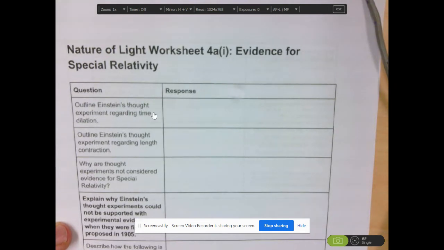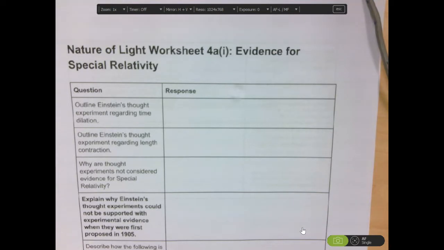Welcome. In today's lesson, you're going to be set research on evidence for special relativity. As part of the lesson, you're going to fill out this document that you'll find at the bottom of the classroom. Just quickly to run you through what you're going to do,